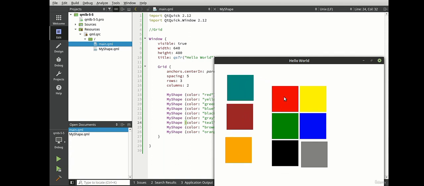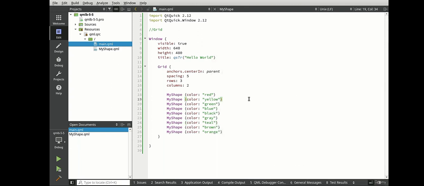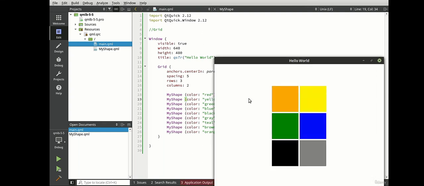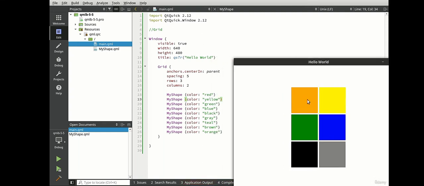So what's going on here is it starts here, and then it moves to the left, and then when it hits its limit, it drops down. It hits its limit, drops down, and then starts over again. That's kind of how you can predict its pattern a little bit. Basically, it always starts at 0, 0, and it will just increment once it hits its hard limit, which is defined by your rows and columns, bumps down, starts over. Whew. Pretty easy to understand, but once you start using it, especially if you're dynamically generating objects, you're going to see some weirdness like that, where you'll run your application and you go, now, wait a minute, where's red? And it's actually just buried